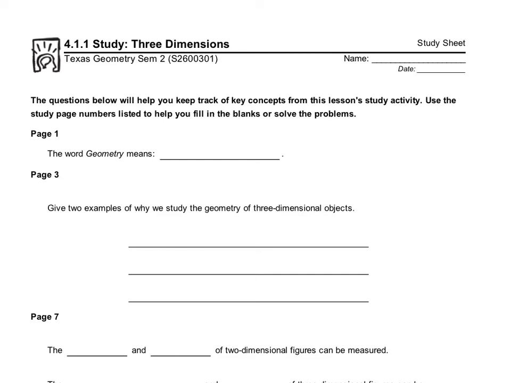So starting Unit 4, the word geometry actually means the measure of the earth. Like that is what the word translates to. And there's a lot of different ways that we can use geometry of three-dimensional objects. So if we wanted to paint a room, we need to know how many square feet it had. If we wanted to cover it in carpet, we need to find the area. If we wanted to know how much water the pool needed, we need to find the volume. So there's a lot of different ways that we're going to use studying geometry to help us with actual three-dimensional